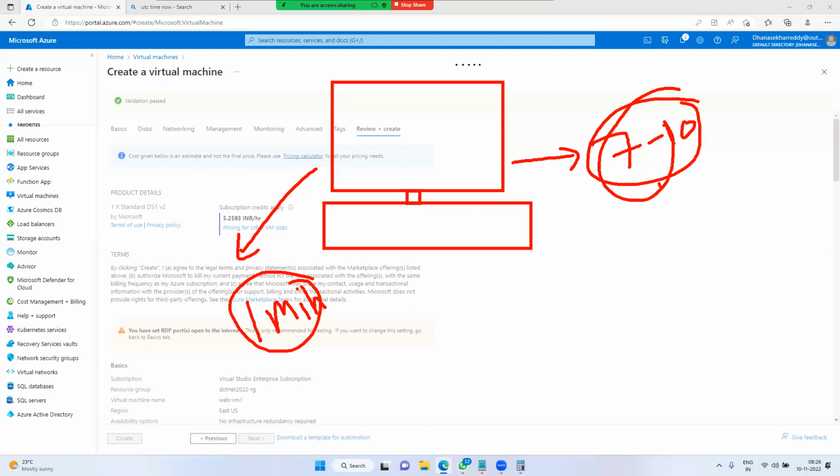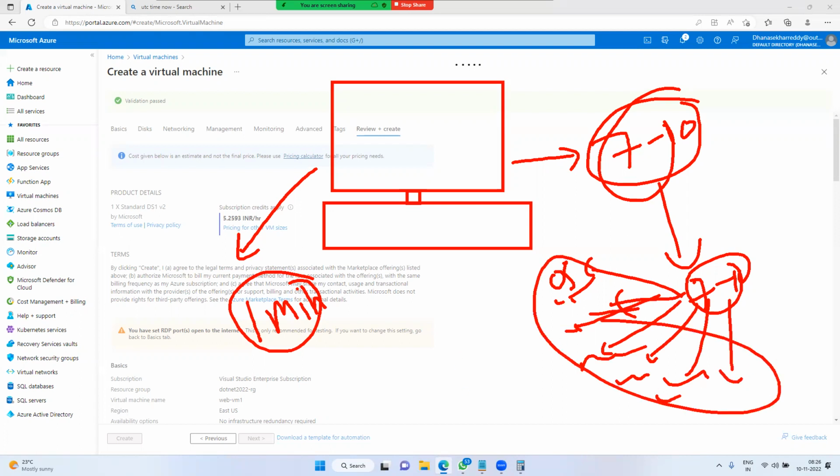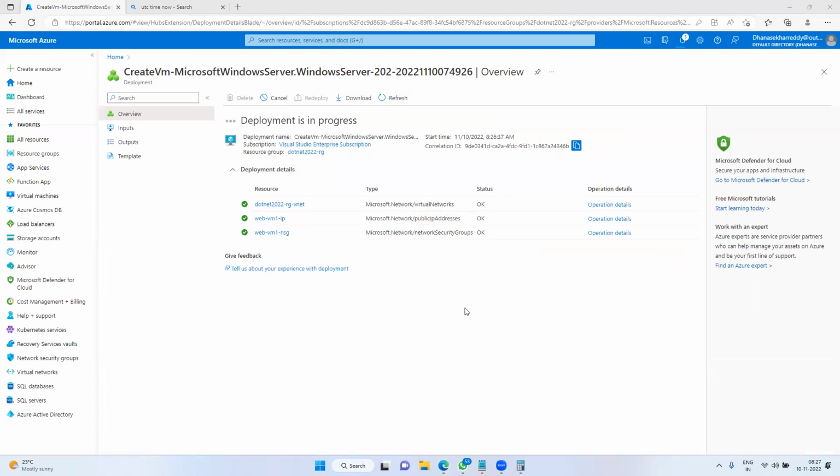To create one server on-premises, it will take 7 to 10 days. They cannot bear that. Apart from that, we have to manage multiple teams. Multiple teams means OS team, networking team, firewall team, automation team, monitoring team, DNS team, AD team. Many teams should be involved. Here, by passing the information, it will create it within a span of a minute.